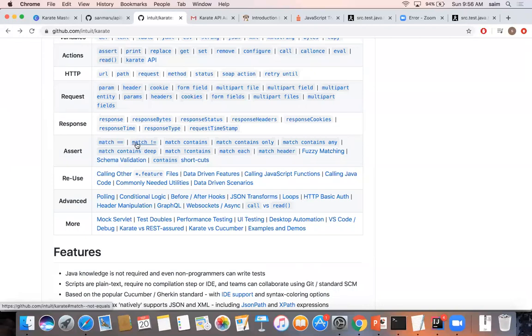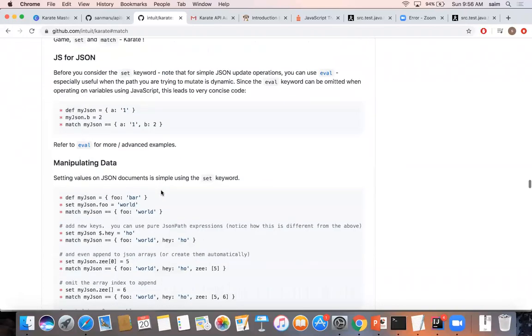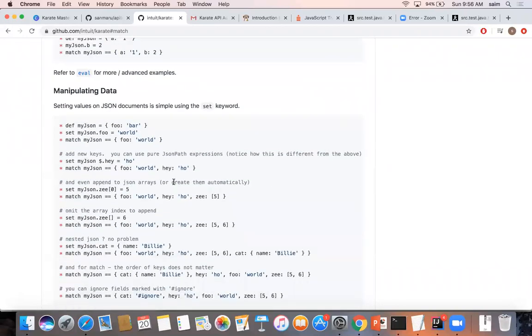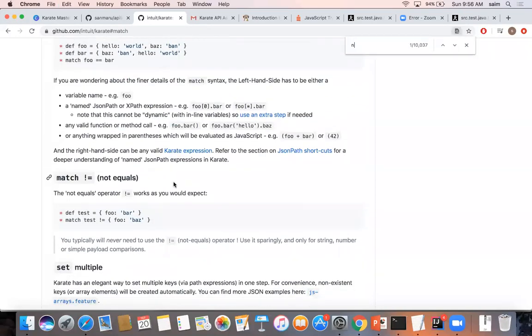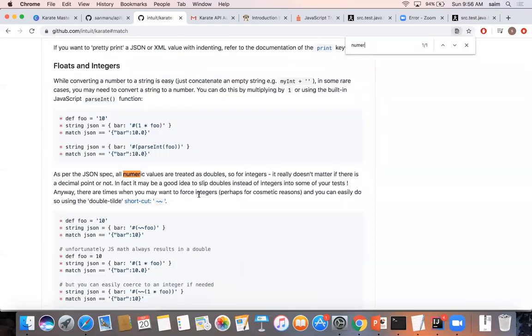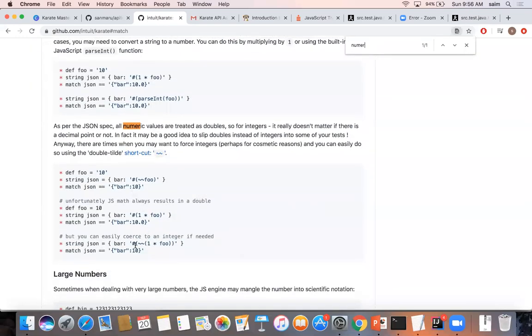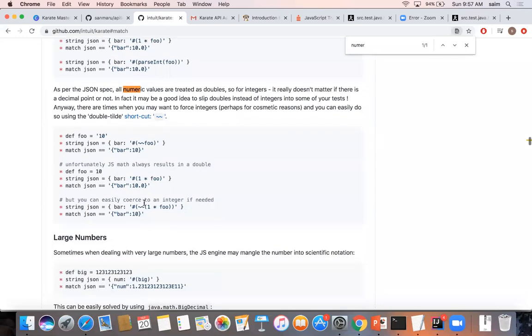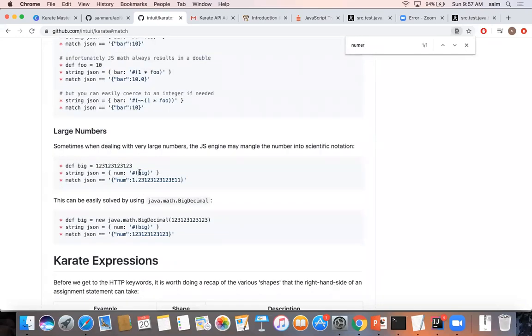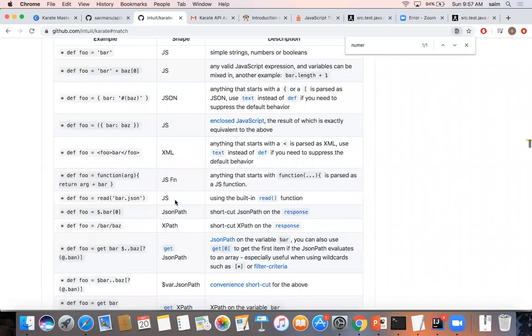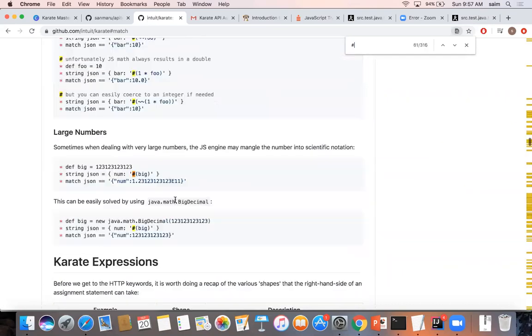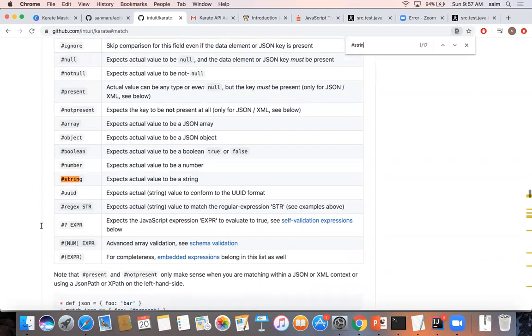If you go to this matches, if you check here match, there are tons of validations you can do over here. If you want to assert something on number, let's say you want to verify all of them are a number, you can just put a hash and add a condition over here. And if you want to check the number should always be a big, you can say hash and of big. And if you want to check if it is a string, there is something like this, see string. So these are the